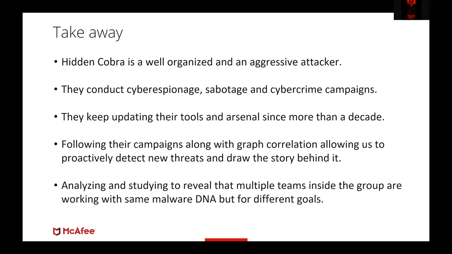So in conclusion of our presentation on Hidden Cobra, some of the key things to take away from this are that Hidden Cobra is a well-organized and aggressive attacker. Essentially, they are conducting cyber espionage, sabotage, and cybercrime campaigns. They're also keeping their tools, their arsenal, up for more than a decade. And by following their campaigns with graph correlation, it allows us to proactively detect this and draw a story around it. And last but not least,